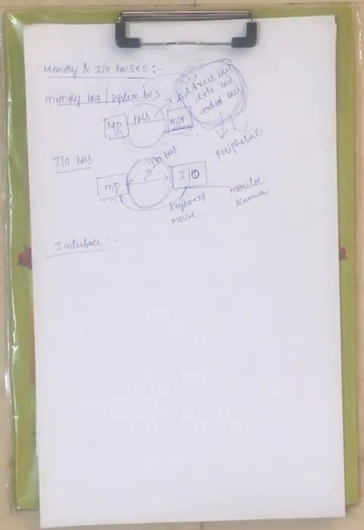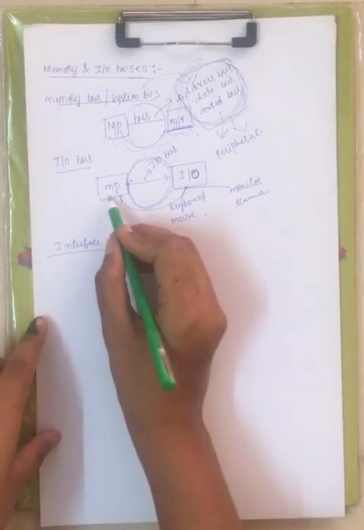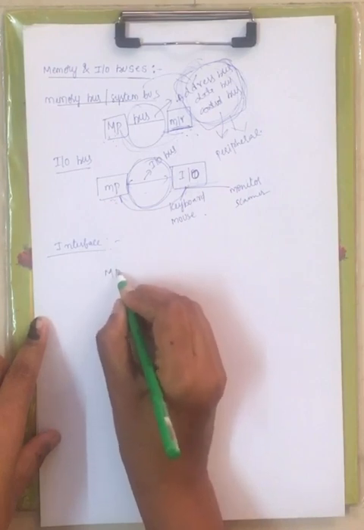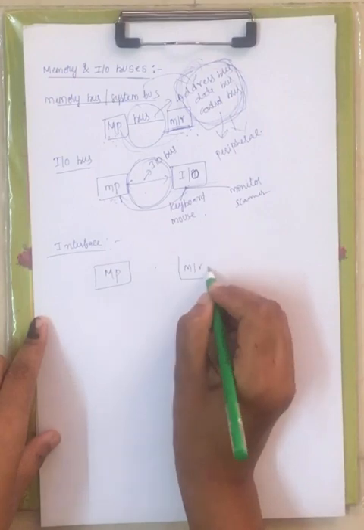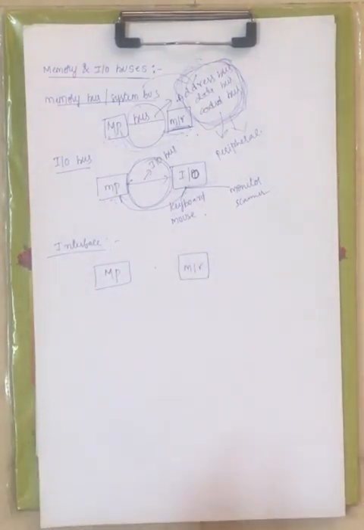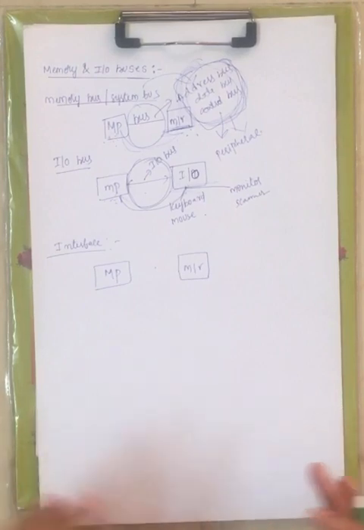Now the interface is nothing but the path for communication between two components, right? Let us assume we have two components, the microprocessor and the memory. These are the two components that you want to communicate with each other, either to read the data or to write the data. Communication means either the microprocessor wants to read the data from the memory or the microprocessor wants to write the data to the memory, right?